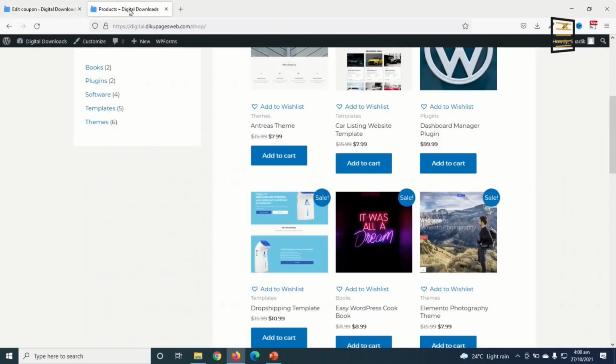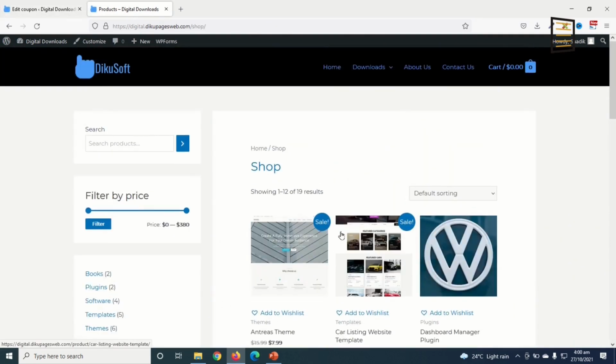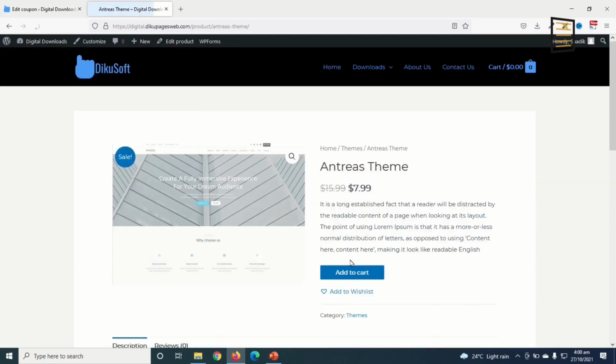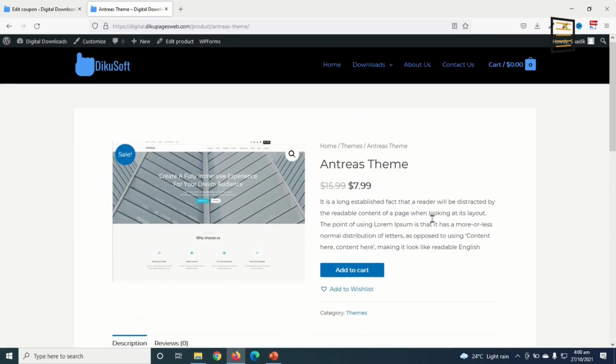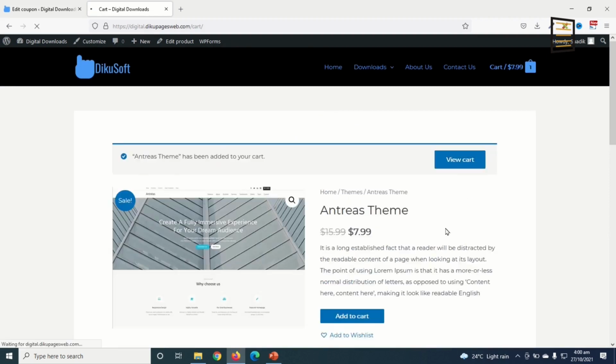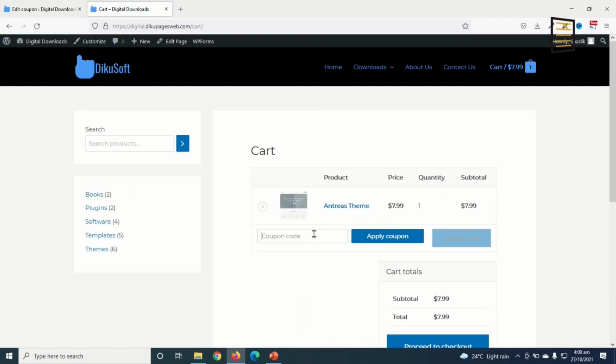Now I'll go back to my product page. I'll just choose any of these. So this is how it will come up. I add it to cart, view the cart. In here I enter my coupon code. Okay, I think I need to fix this. I don't want to see a sidebar on the cart page as well as the checkout page. So first of all, let me fix this before we come back to it.